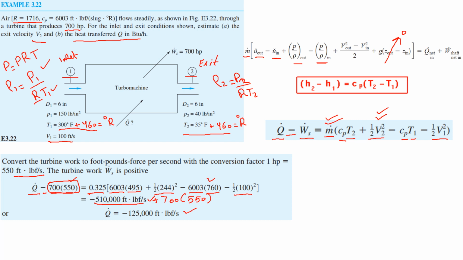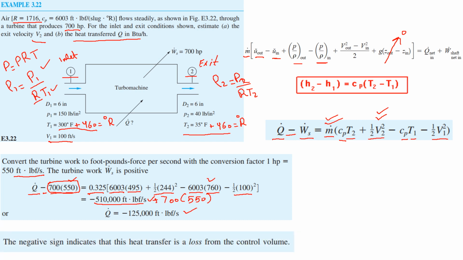that is in terms of negative sign, and the negative sign indicates that the heat transfer is a loss from the control volume, means that this heat is lost from the control volume. So this negative sign does not represent that the heat transfer is negative, but actually the heat is lost from the control volume. So what we need to do is one final step, and that is to find the heat